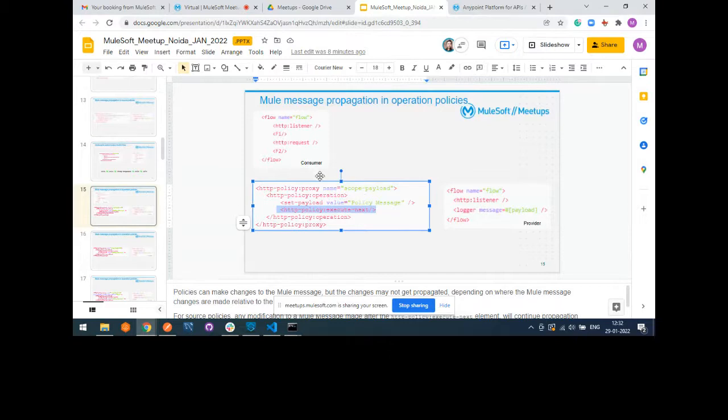So inbound policy won't come into play. Inbound policy, what will happen if you apply inbound policy over the